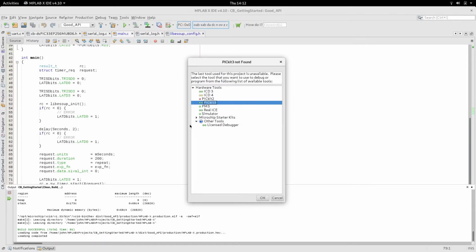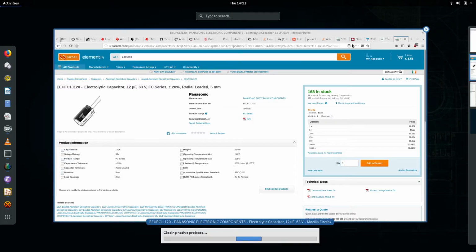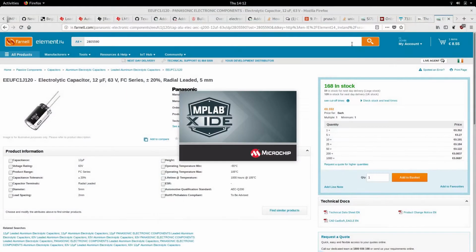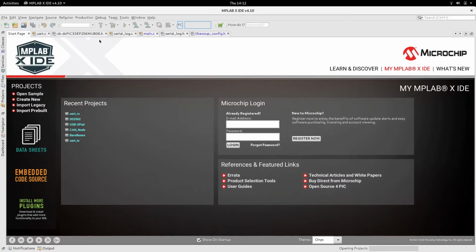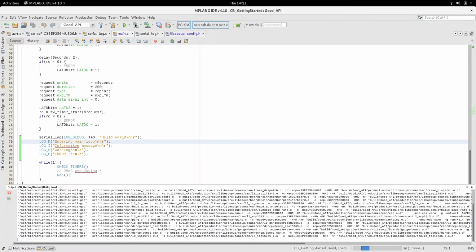Yeah, one of the things that MPLAB X IDE is doing now is it won't recognize a hot-plugged PICkit 3. It used to, but for some reason, because I've just plugged in a PICkit 3, I have to restart MPLAB X and try again. There's lots of things about this IDE that I'm not a huge fan of. So if I try and program it now,